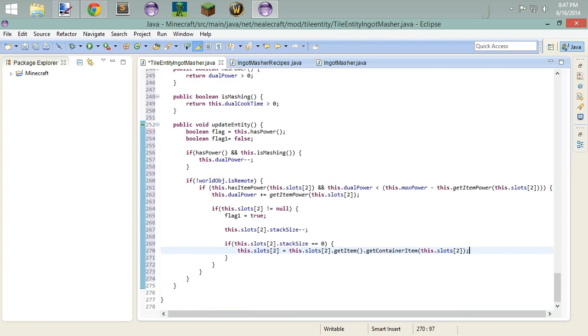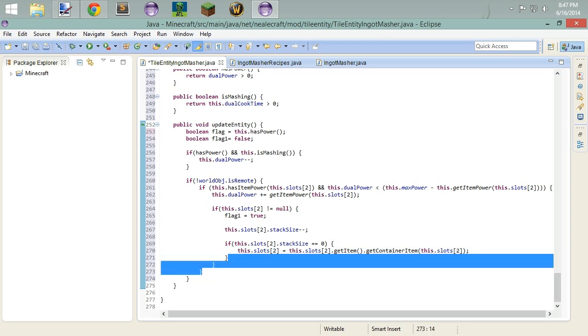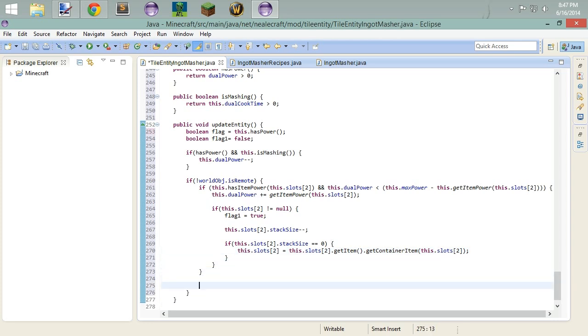Phew. We're going to go down 1, 2, 3 braces, give ourselves a little bit of room, and